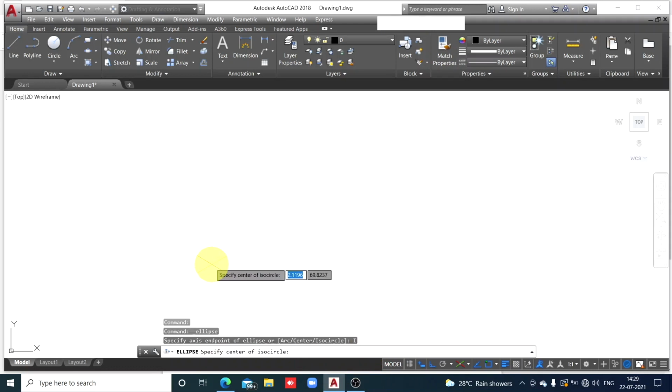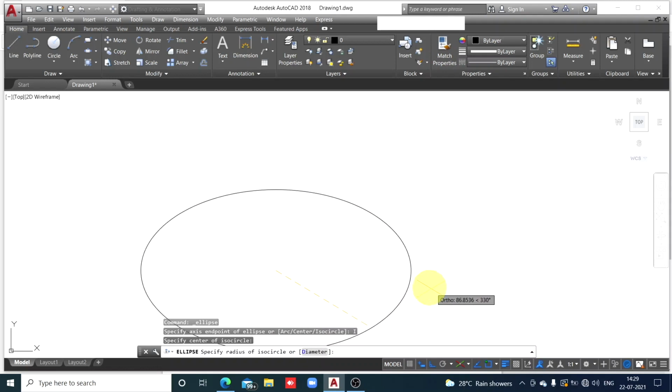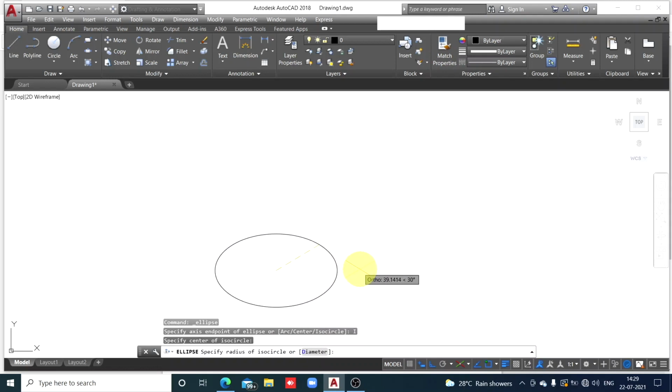And now AutoCAD software is asking you to specify center of isocircle. Now we have just started, so anywhere you click it first. So here I have clicked it. Here it is center because it is the first ellipse. So I have selected a center, and now check here. You can draw ellipse of any particular radius. So now its radius is 25.